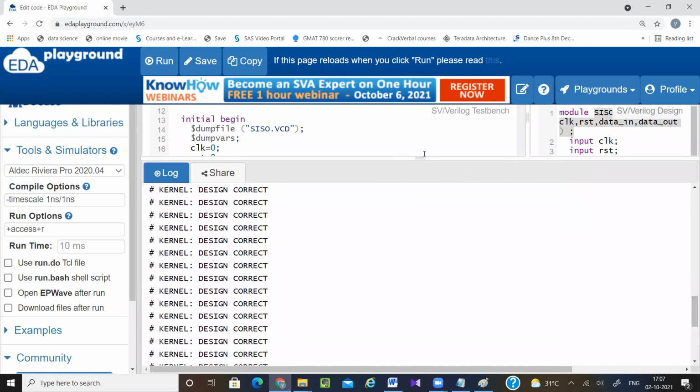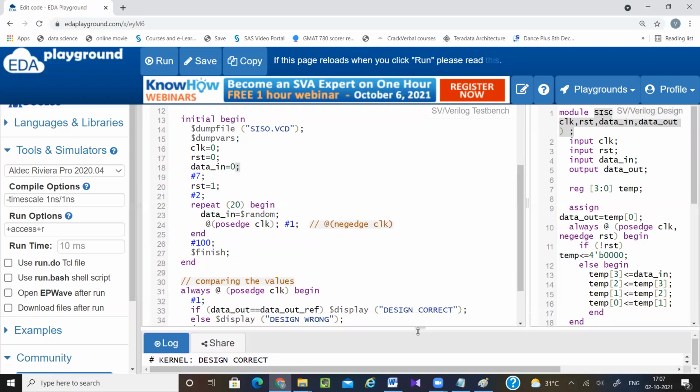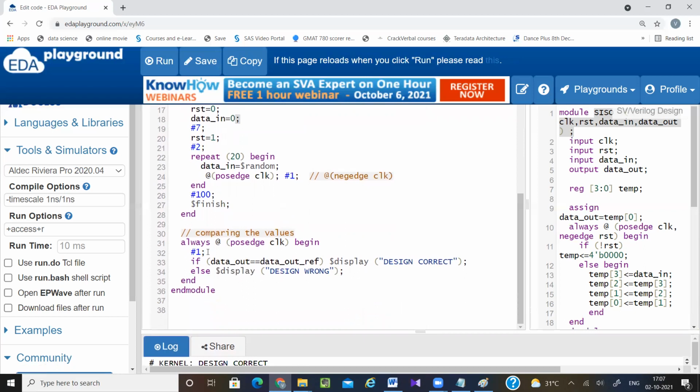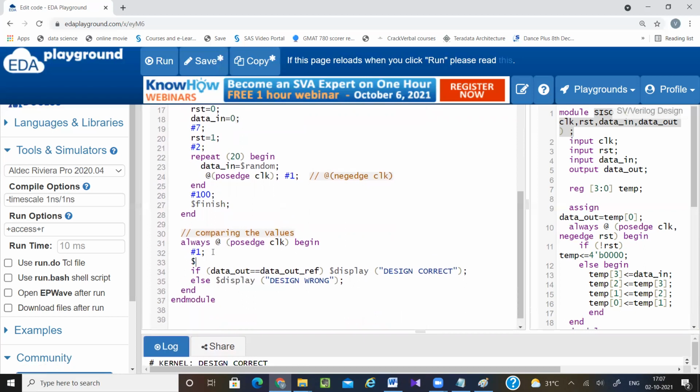So always it is giving me design correct. Let's say you want to display what the input and output values will be. So here, $display data in equal to %b, data out equal to %b.